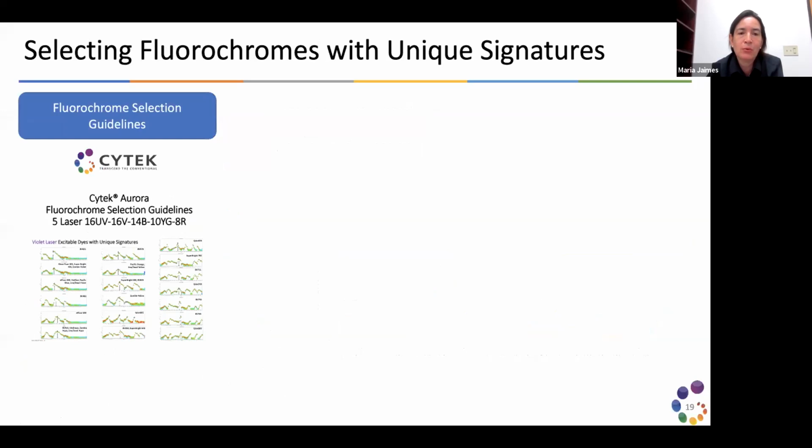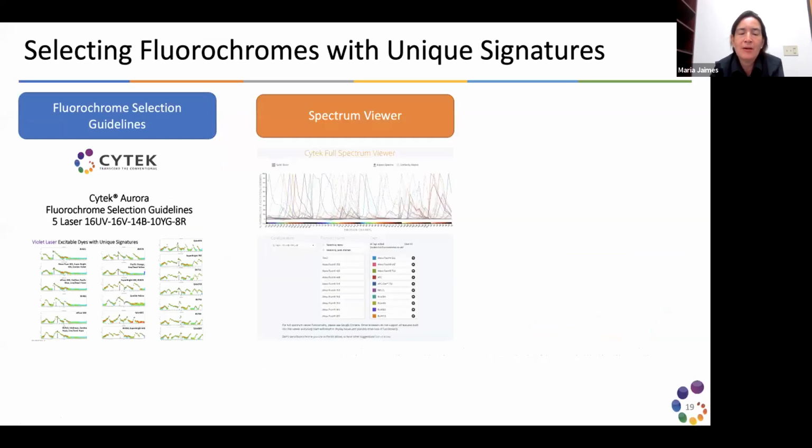They're available through our website. Then, as Emeric explained, we have a really nice spectrum viewer. And that spectrum viewer is also available through our website, and different to other spectrum viewers, these show you the full spectrum, and you can have a very good understanding of how the fluorochrome is behaving across the full spectrum after excitation with every single laser. And then, as